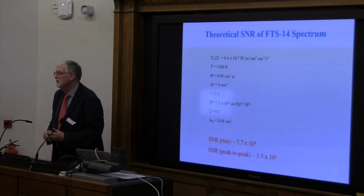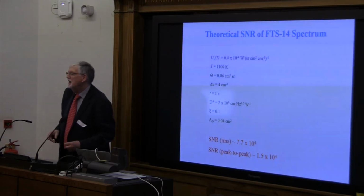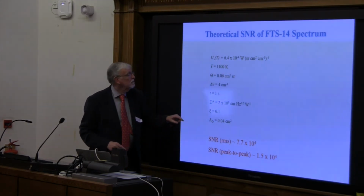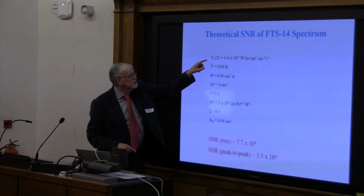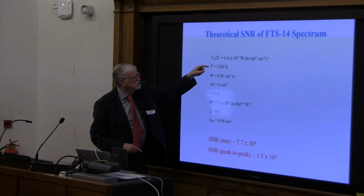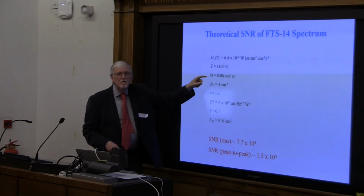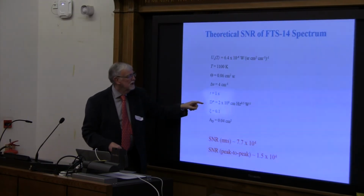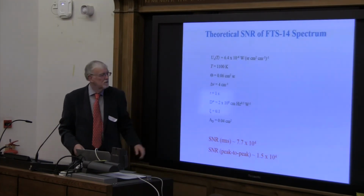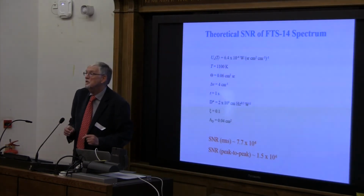But if you put the numbers in, what you would expect is a theoretical signal-to-noise ratio of about 8 times 10 to the 4th for a 1 second scan. With all these others, this would be about a 1100 C source. 1100, there it is. This is the energy density, the Planck curve, if you will. This is the optical throughput, resolution, and the D-star of the typical TGS detector, assuming an overall efficiency of about 10%. And the detector area, which is 0.04 square centimeters, a 2 millimeter detector,